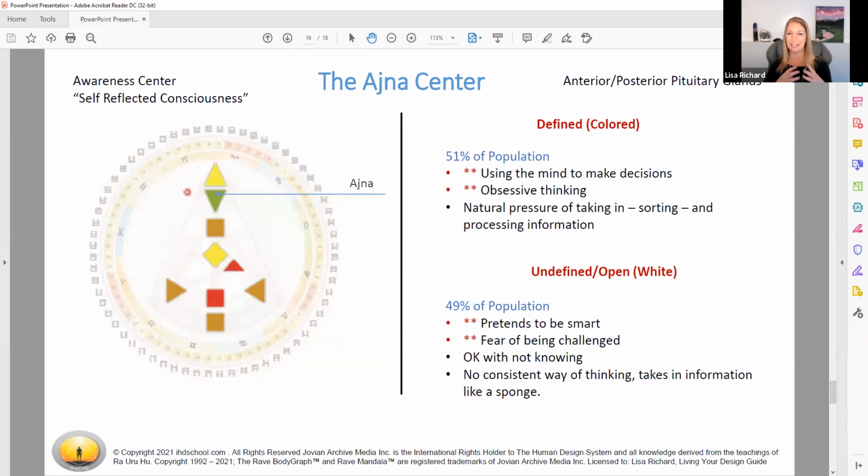So you might notice that you just have this natural pressure of taking in all this information, you're sorting it, you're processing through it, you're getting to your conclusion. But you're probably somebody who likes to do a lot of research. You like to put things into categories. You like to perhaps learn about history. And what you're doing is you're looking to figure out the patterns, figuring out other ways of doing things, reaching conclusions, looking for gaps, looking for different ways of accessing and trying new things out.